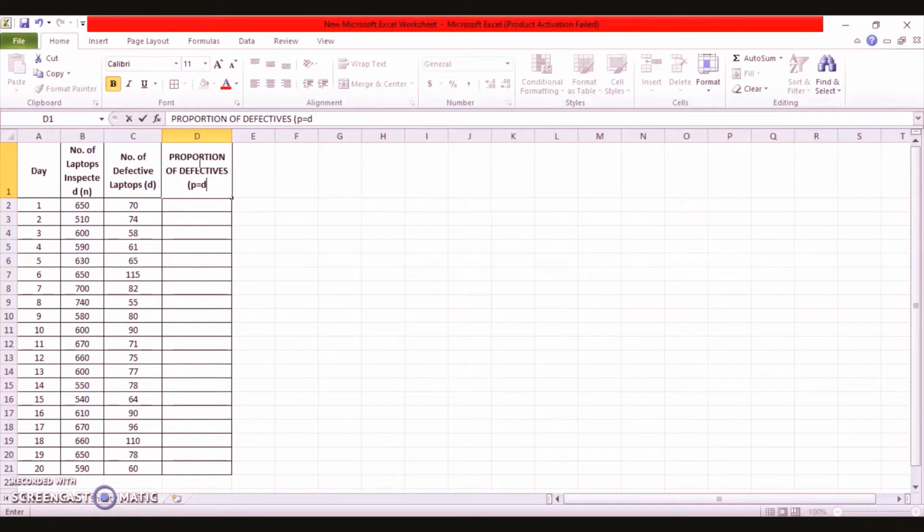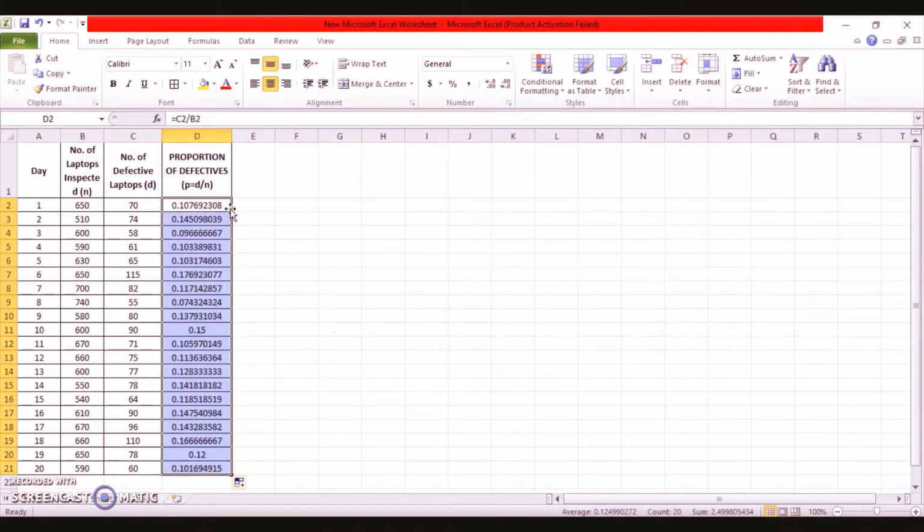Small d divided by small n. Now what is small d? It is the number of defectives, and small n is the number of laptops inspected. So using this formula, we just have to select d divided by n, right? This gives the value of your proportion of defectives, and this is for the rest of the samples.